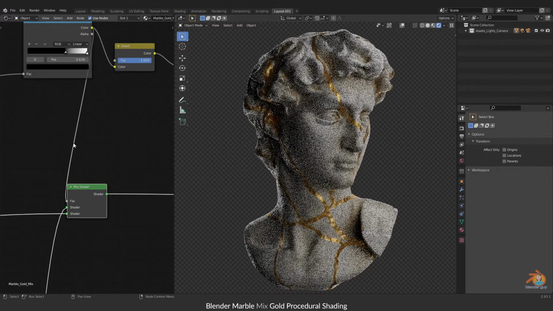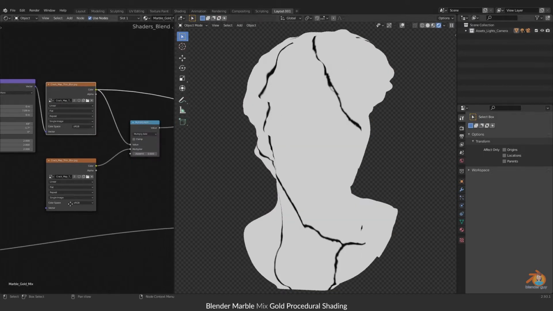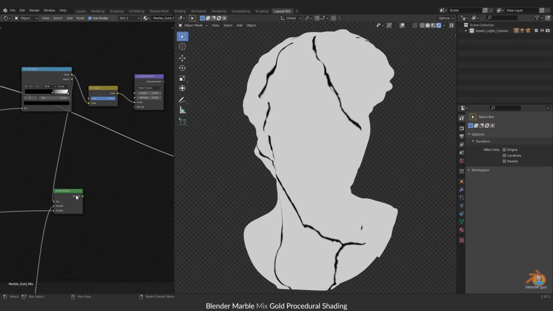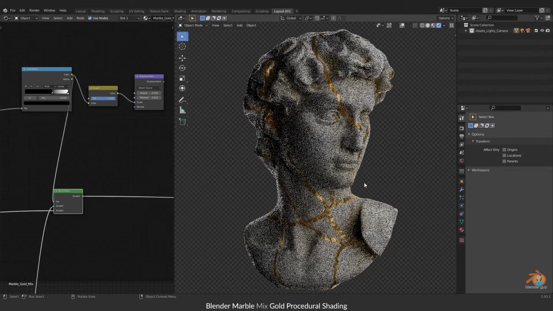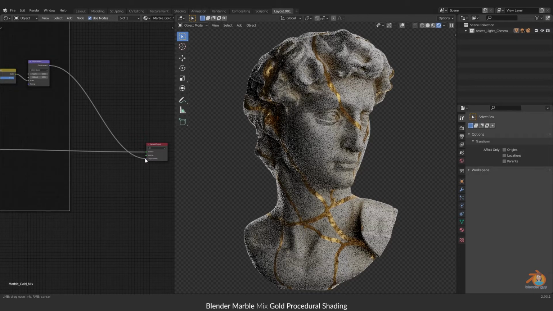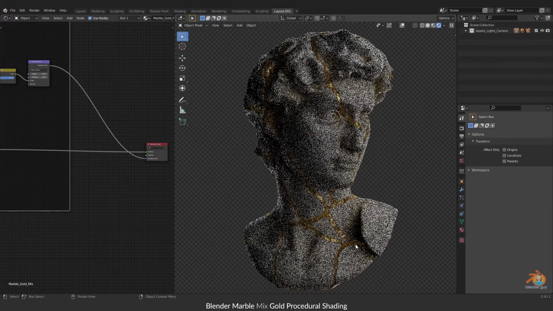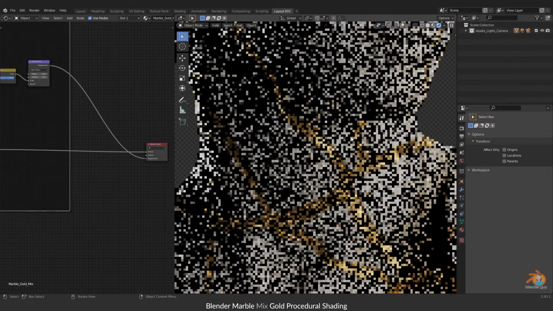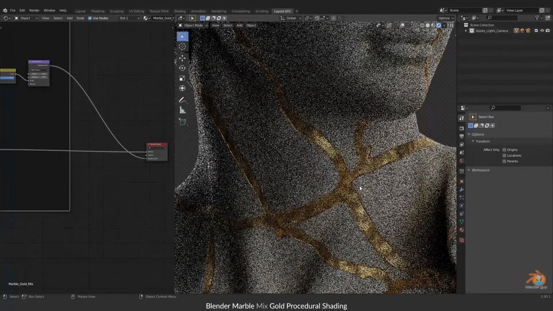Now wherever the black is in the image, there will be gold here. I just blended it. And again I want to connect this for depth. Now you will get the depth. The gold goes inside, as you can see here, and the marble part will be outside.